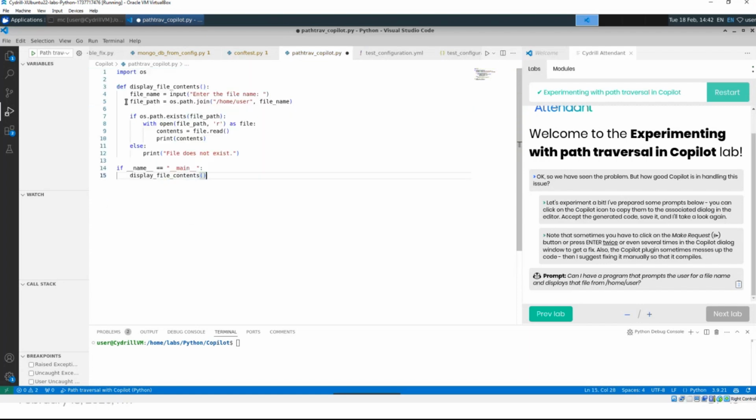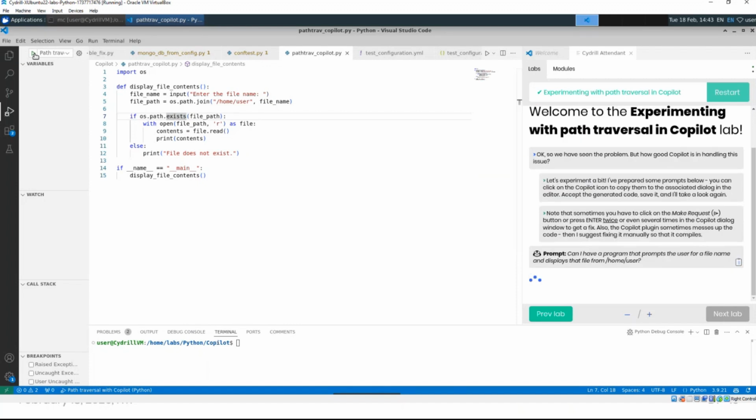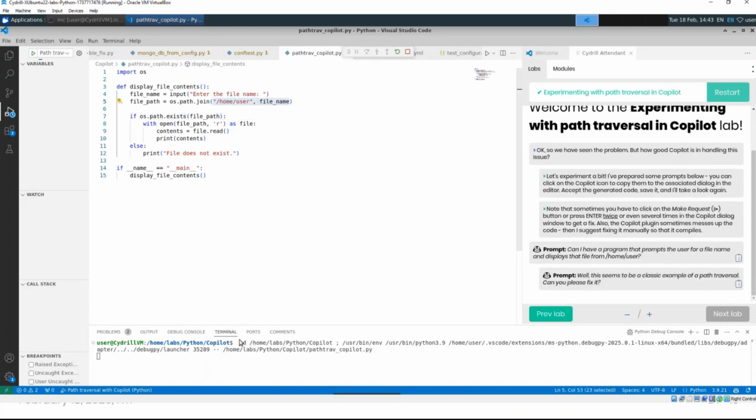So, it generated some code. Now, this code is functionally correct. In fact, I'm going to try it out right now. I'm just going to run it from here. And I'm going to say, all right, print me out yoda.txt. And I got some wisdom from the /home/user/yoda.txt, which told me something very important about exception handling.